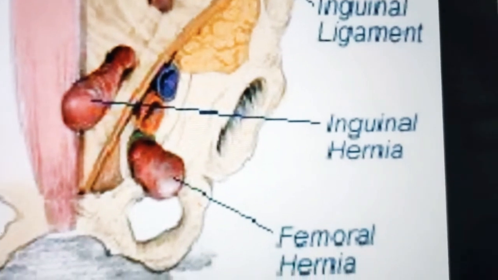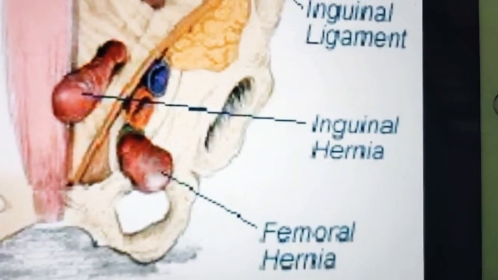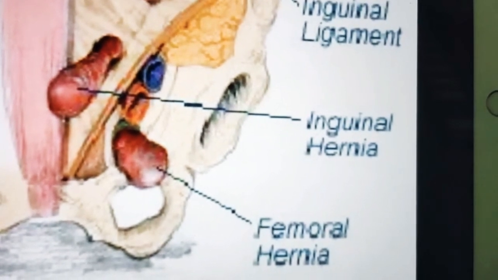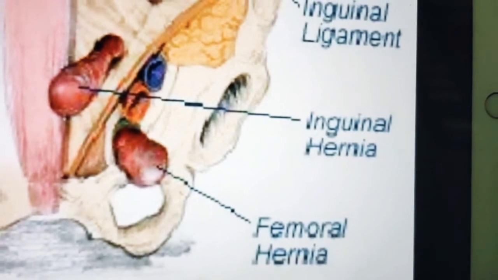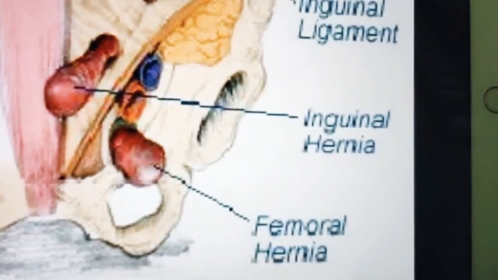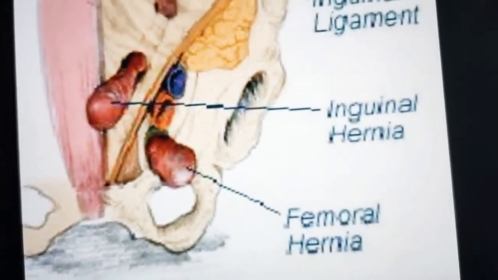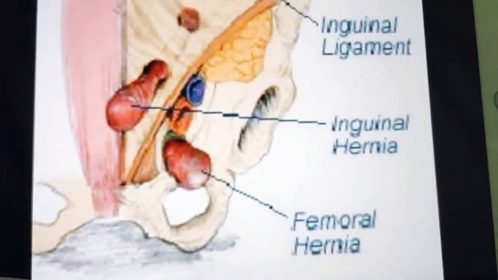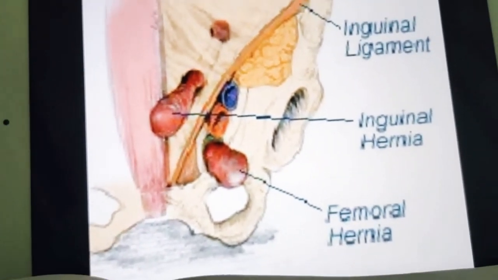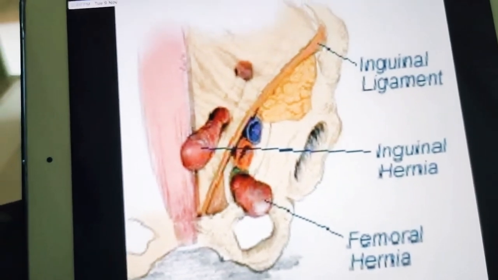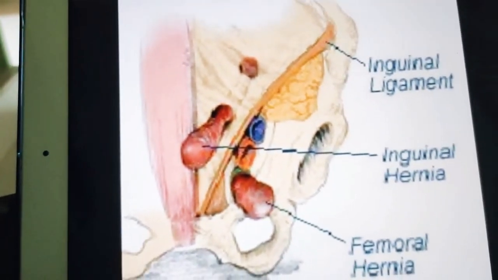Even if you have the abnormal obturator artery along the medial margin of the femoral ring, along the free margin of the lacunar ligament, such an artery is likely to be cut if an attempt is made to enlarge the femoral ring. So this is about the femoral hernia, which is the clinical anatomy related to this part. In this video we have covered the femoral triangle, the femoral canal, the femoral sheath, and also the femoral hernia. In the next video we'll start with the femoral artery.